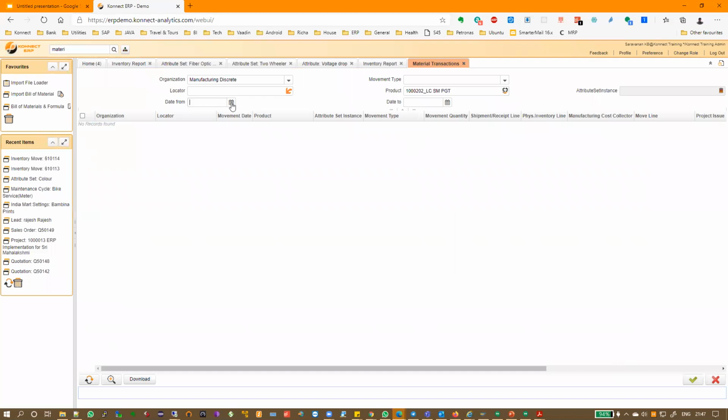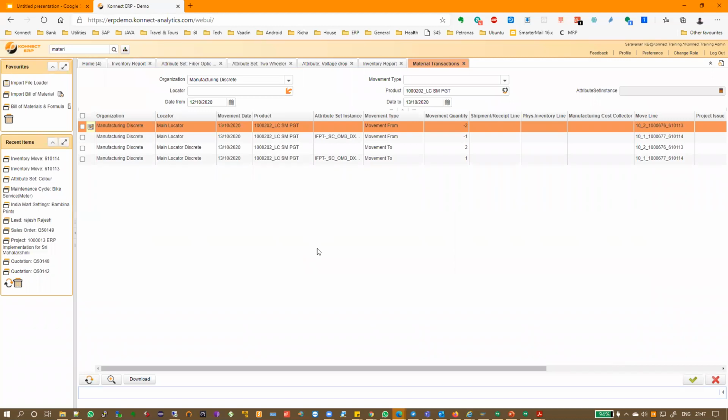Right. So here, let's say for example, from yesterday to today, what are all the incoming and outgoing that happen? If I refresh, it will. So if you see here, movement from, movement to. Movement to means incoming. Movement from is outgoing.